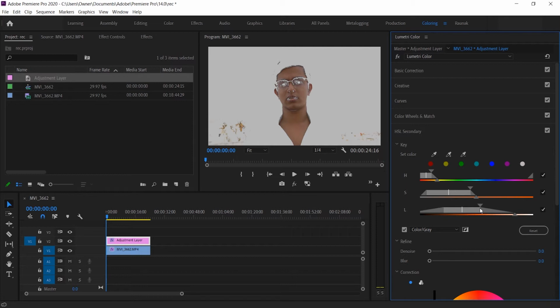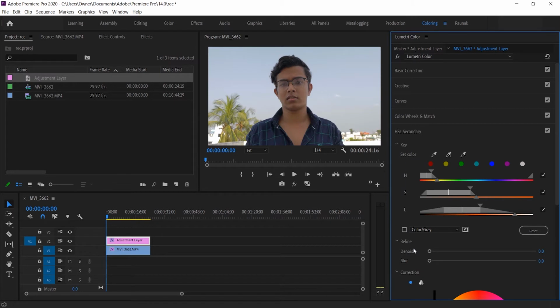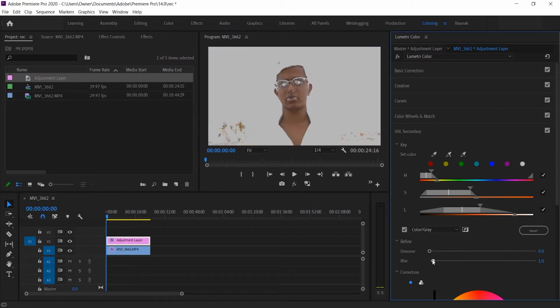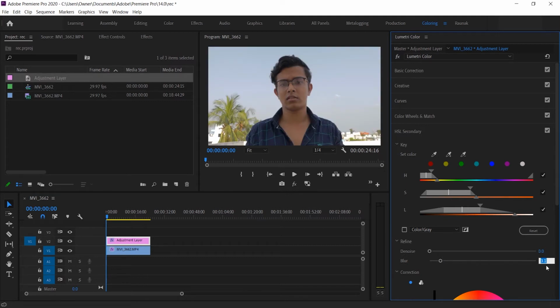So now what we will do is first uncheck the color gray because we already know what's selected, and now we will blur it a little bit, up to maybe 3.1 or 3. I will just go with 3.